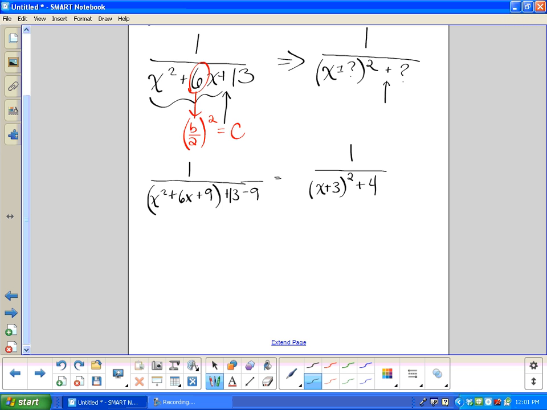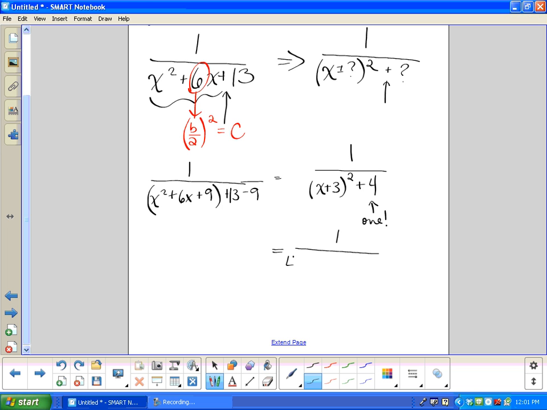Now I'm going to show you the next step because it's what we did before. If I wanted to do arctangent, if I wanted to set this up to integrate it so it's arctangent, that's what I want to do. I need to make this 1. So I factor the 4 out of both terms. And it doesn't matter that you have an x plus 3 up here, kind of like in the previous problem. You can just divide that by 4 and it will work beautifully. So we have 1 over,